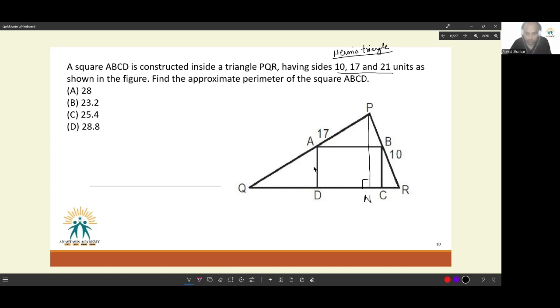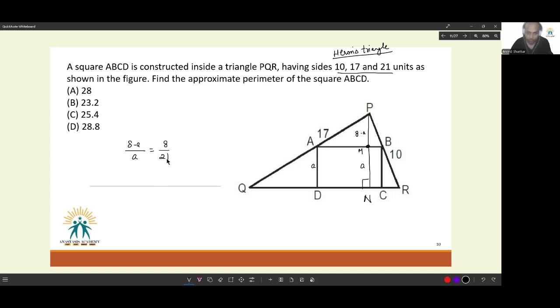Now, ABCD is a square. Let the side of the square be A. The point where it cuts the altitude, let it be M. MN will also be A. So, MP will be 8 minus A. Okay. So, now I can simply do this. PAB has to be similar to PQR. So 8 minus A, the length of PM, by AB, which is A, has to be equal to the full length 8